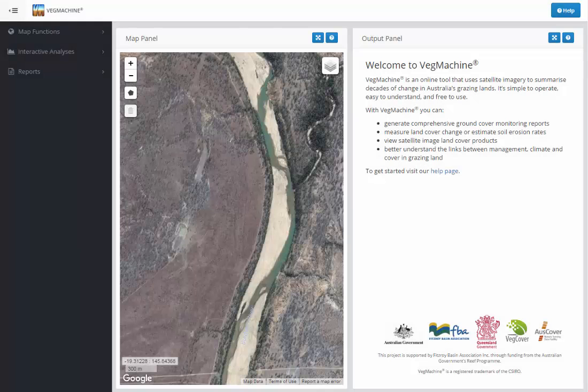Here's a quick video about the single polygon analysis on VegMachine.net. It's the simplest analysis you can do with VegMachine, and it allows you to measure ground cover seasonally back to 1990. To do it, we need to draw a polygon around an area we're interested in, and we do this